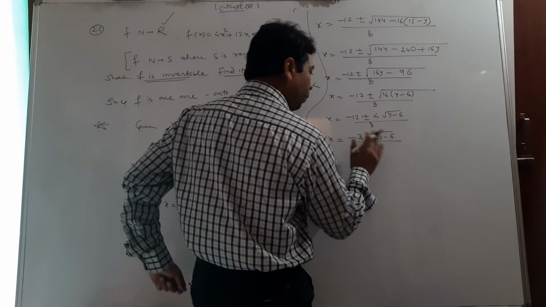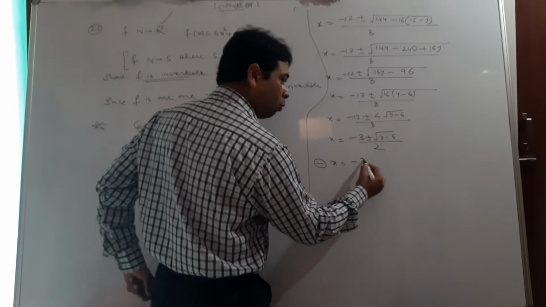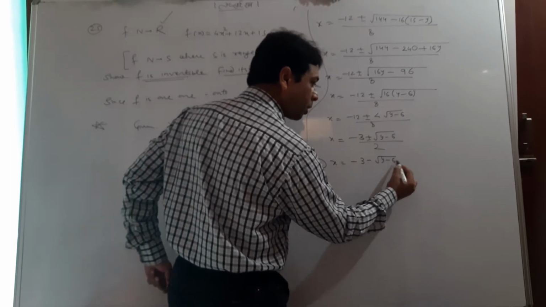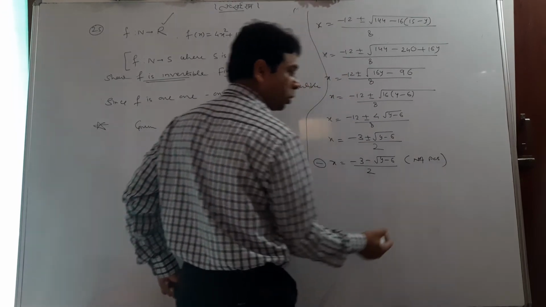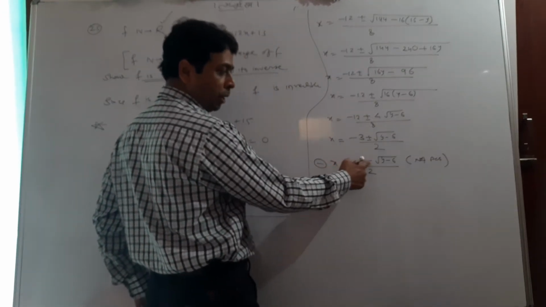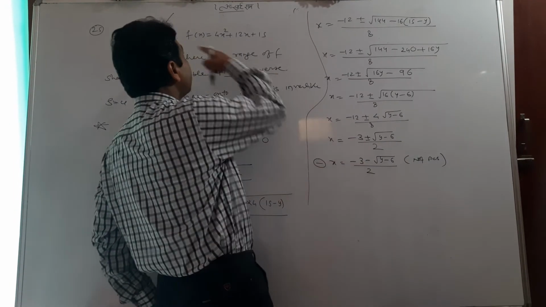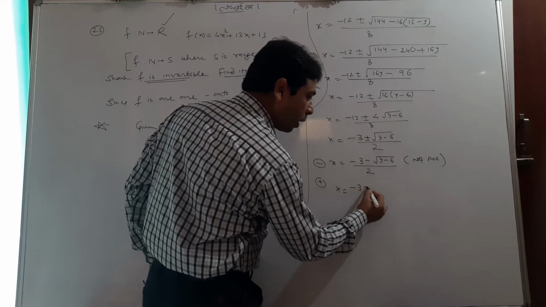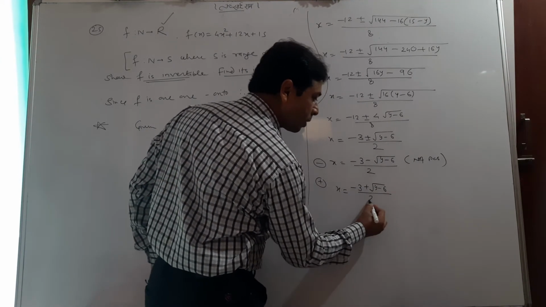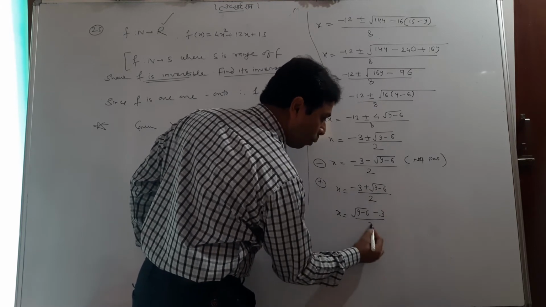So if you go with the minus sign, x is equal to minus 3 minus the square root of y minus 6 upon 2, it is not possible. Why is it not possible? Because both will be negative, the whole answer will be negative, and x will be negative, and x is a natural number, which is not possible. So go with the plus sign, student. The answer will be the square root of y minus 6, minus 3, upon 2.